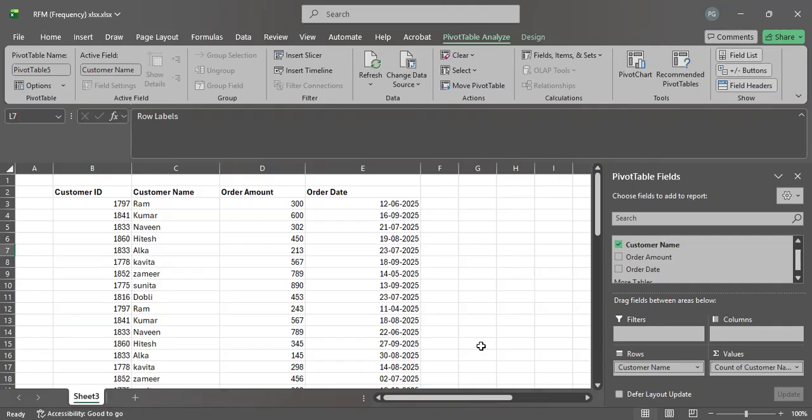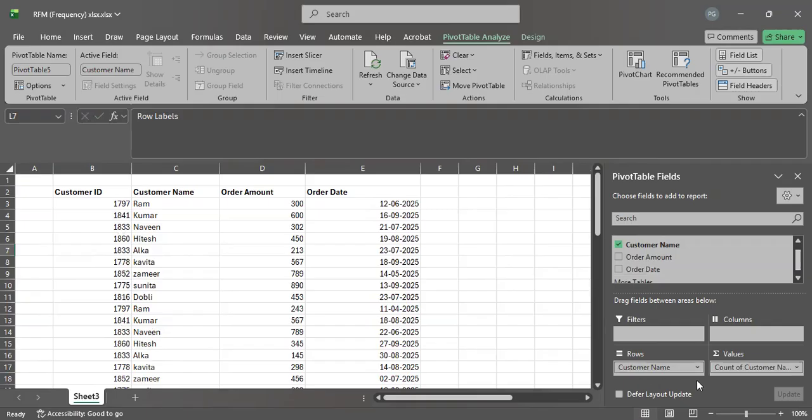One thing you need to be very clear about: whatever spelling you use for the same customer, please use that only. You can do it for the customer ID as well, because that is also unique to the customer. For example, if Kumar has the ID 1841, it must contain the same ID at different places.